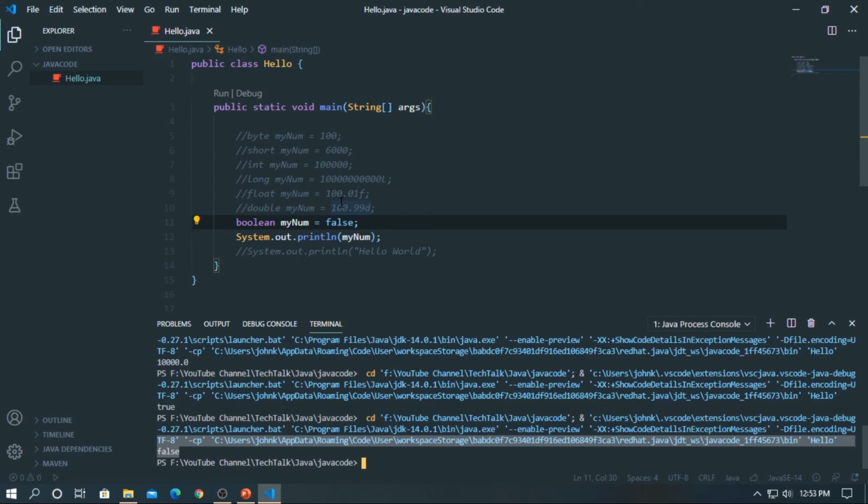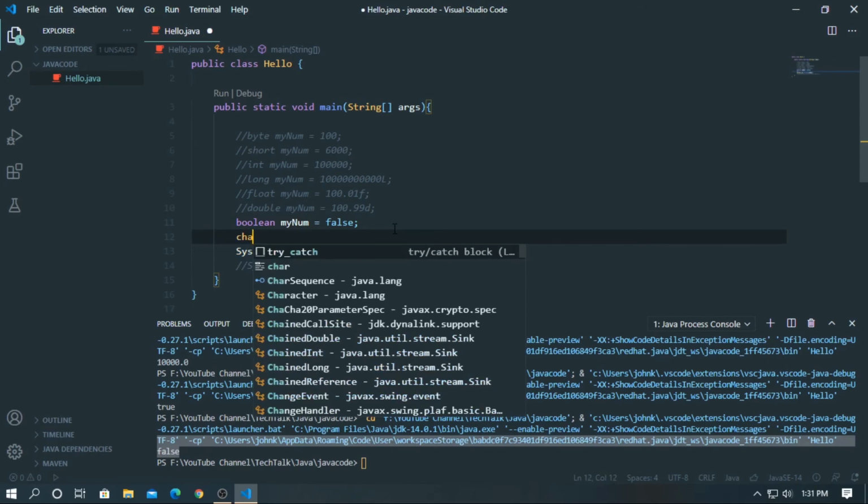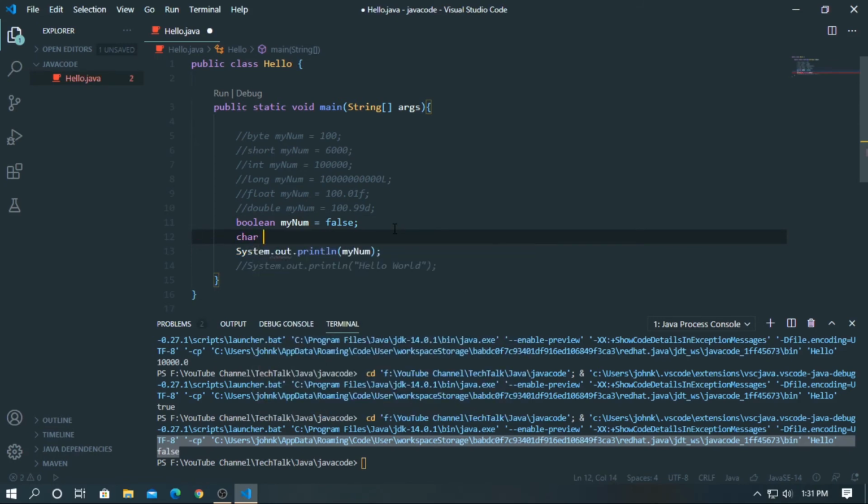Characters. The character data type is used to store a single character. The character must be surrounded by single quotes. Character variable, character, single quote. Run this code.